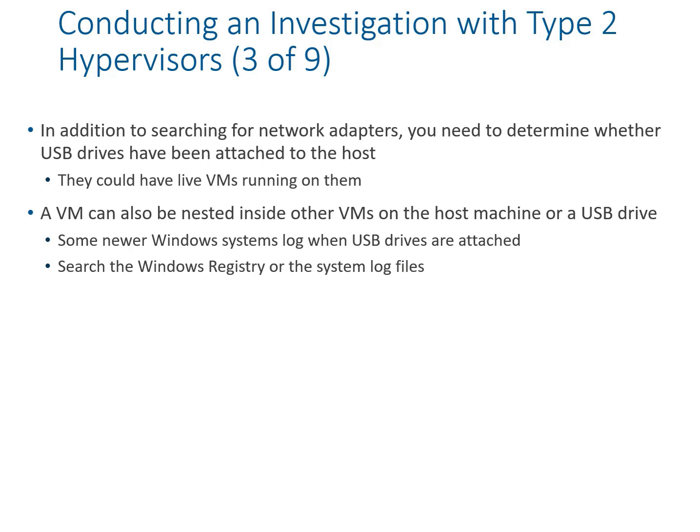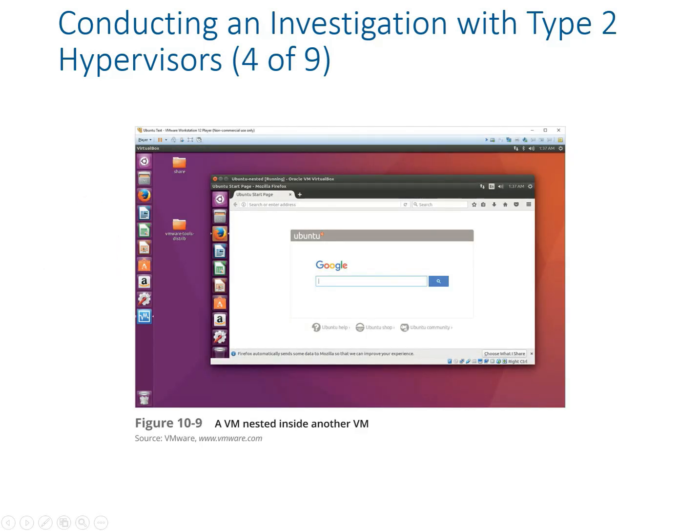So they'll install a virtual machine on a host computer, and then inside that virtual machine you can install another virtual machine. Some newer Windows system logs, when the USB drives are attached, search the Windows registry to find the logs for that. And as you can see, it's running a virtual machine of